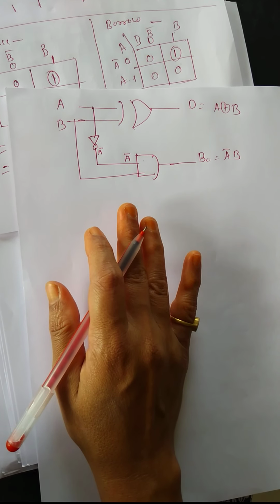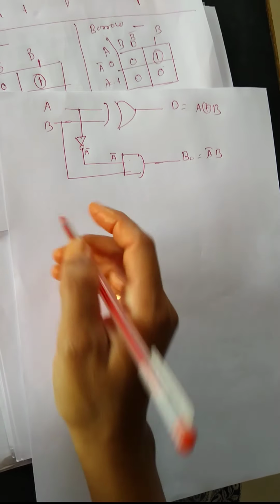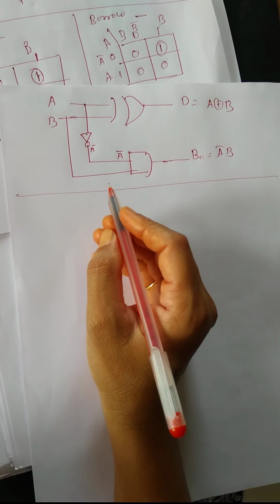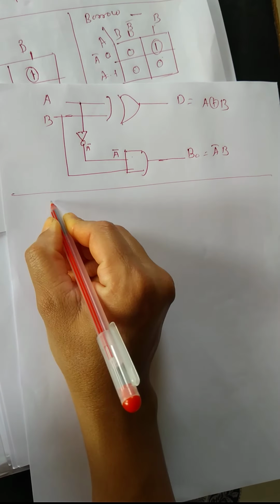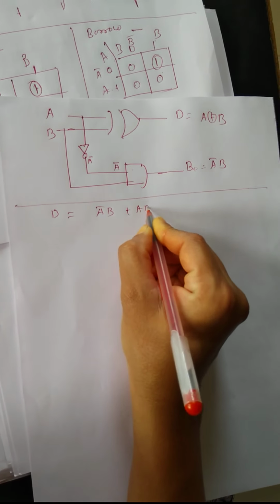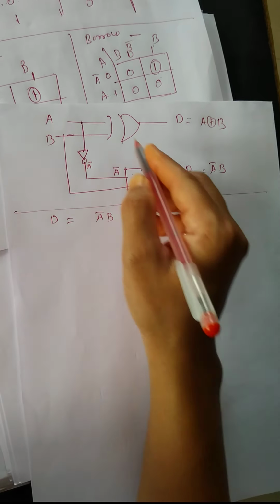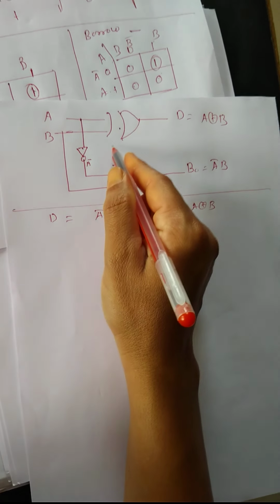This is the practical. Next, half adder and half subtractor. Another question asked is to design using basic gates. So the difference equation is A bar B plus A B bar, and this term is an XOR. Here we use the XOR gate directly because it reduces the number of gates.